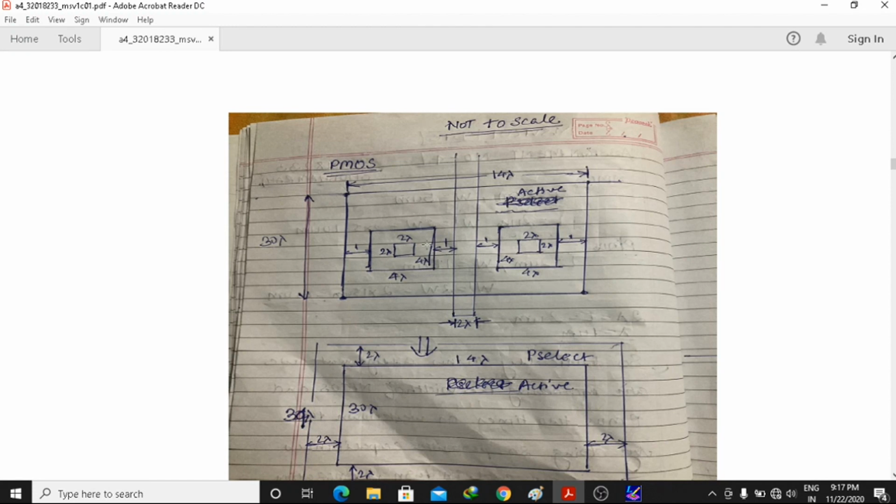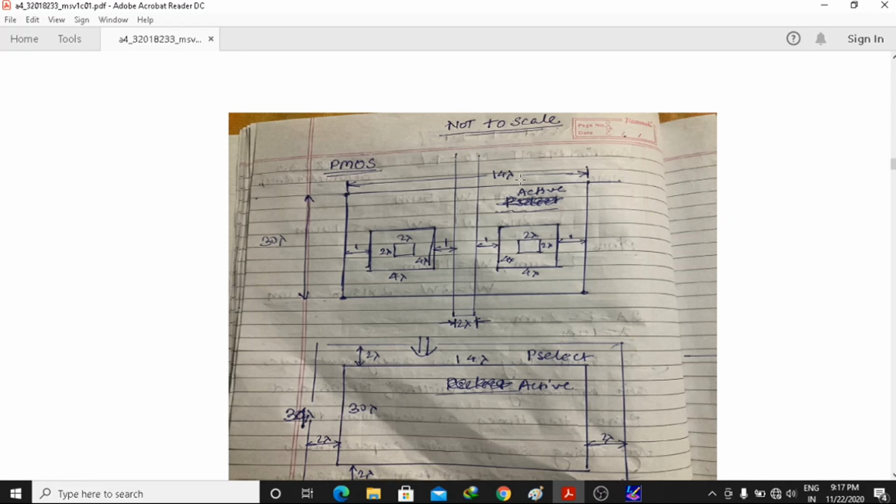If you increase it, then also you will not face any problem, but you should at least keep 4 lambda by 4 lambda. I mean that minimum spacing should be 1 lambda. Similarly, here also the spacing between the edge of this metal and this polysilicon layer should be 1 lambda. This is 2 lambda. This is also 1 lambda. This is lambda. This is 2 lambda. This is lambda, and this is 2 lambda.